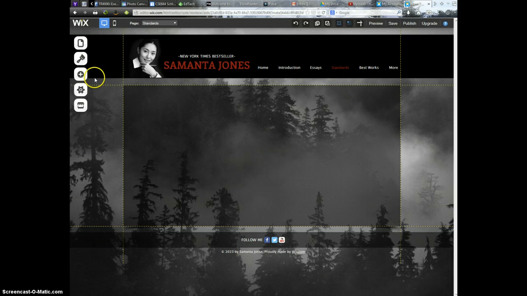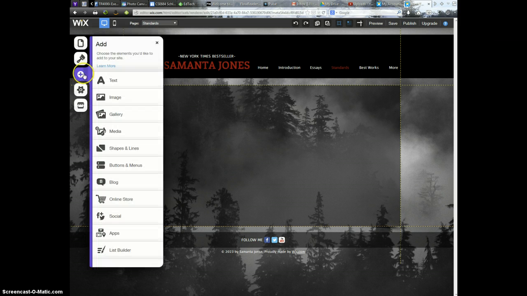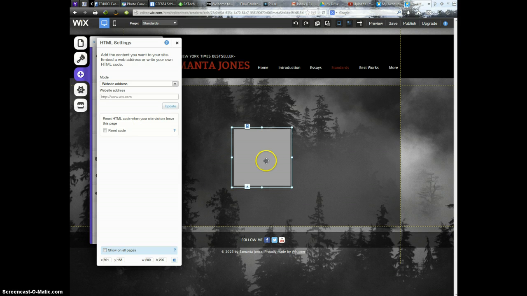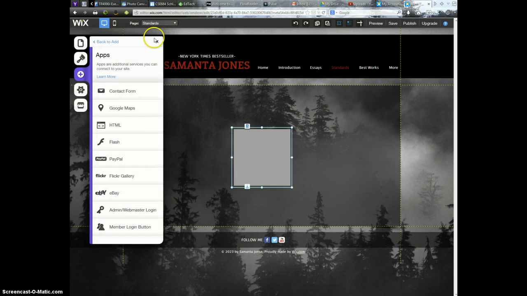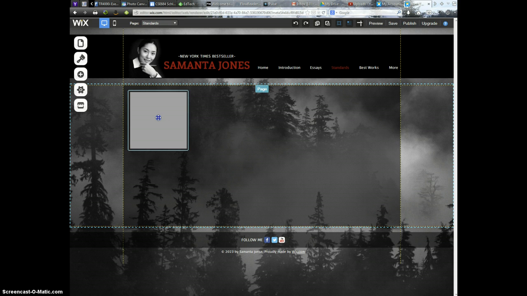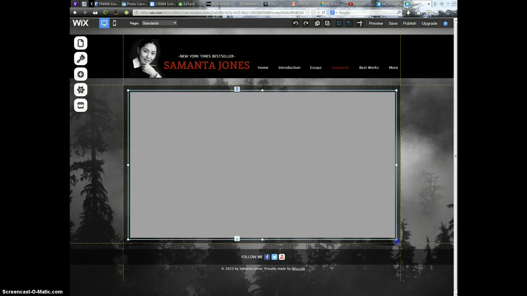Again, the way to do that, we always have to get the special HTML embed code in Wix again. We click Add over here. And remember, the HTML is buried under Apps for some strange reason. We'll click on Apps here, and we have the HTML app to add. And it's basically adding an HTML container. And you can see it gives us a box here that we can adjust. We'll close this down here. Let's move our HTML container over here, and then let's go ahead and resize it